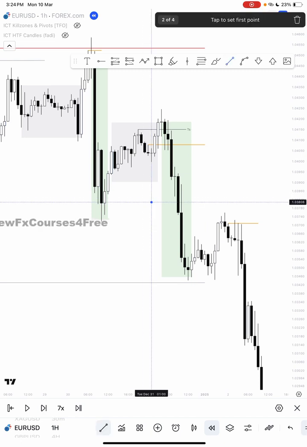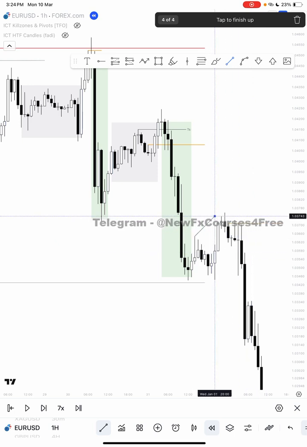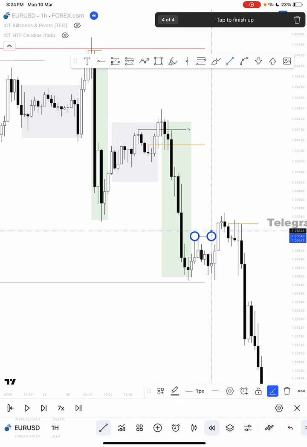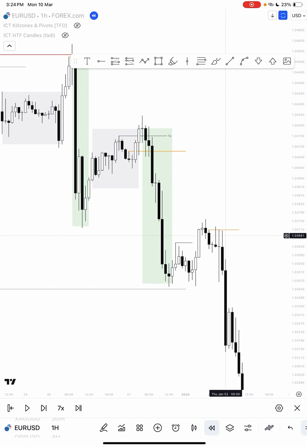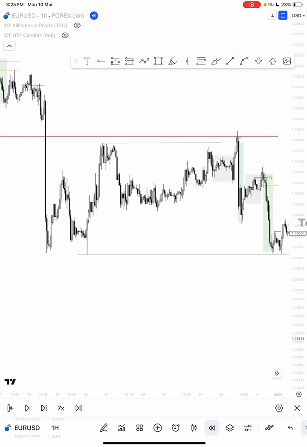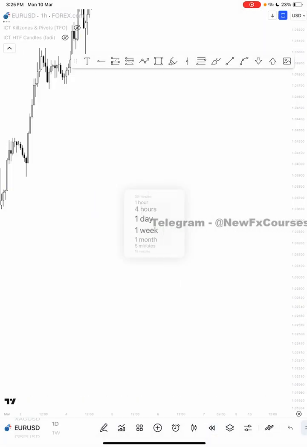Here you got your turtle soup, which is your kiss of the turtle soup, and your manipulation above the midnight open, then before going lower to our final draw on liquidity. So that's how you actually use range dynamics. So let me give another example